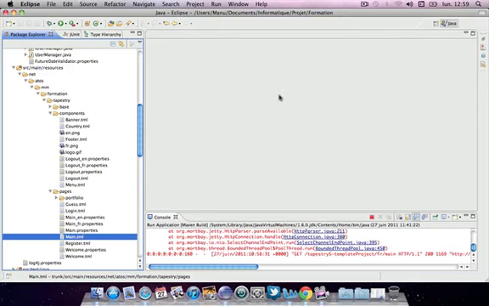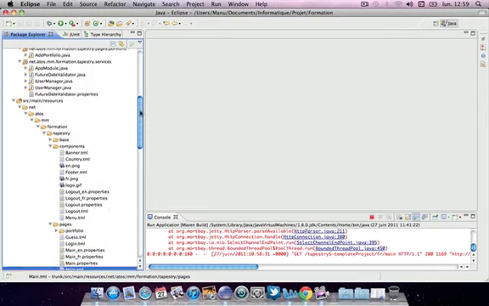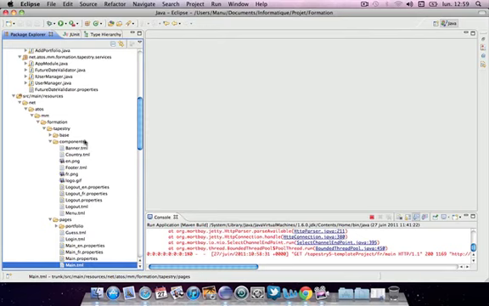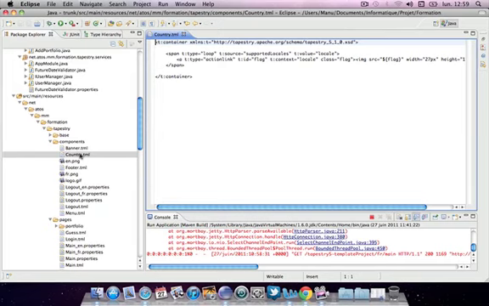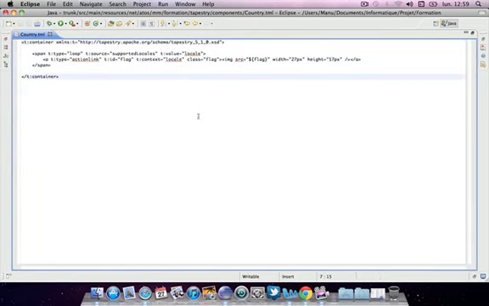In this exercise, we will implement the country component, which will allow us to automatically change the locale of your web application. If we have a look at the country.html, in this HTML we will just display a flag for each supported locale. We can configure the supported locales in our IOC module class.